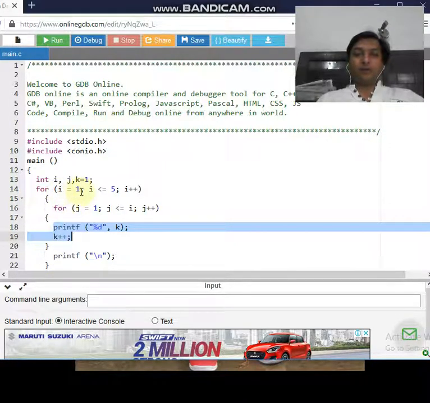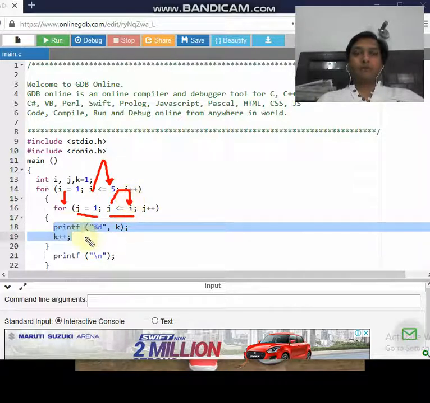When the value of i is 1, the condition is true because i is less than or equal to 5. So control reaches the inner for loop, which starts from j equals 1, and the condition is again true.